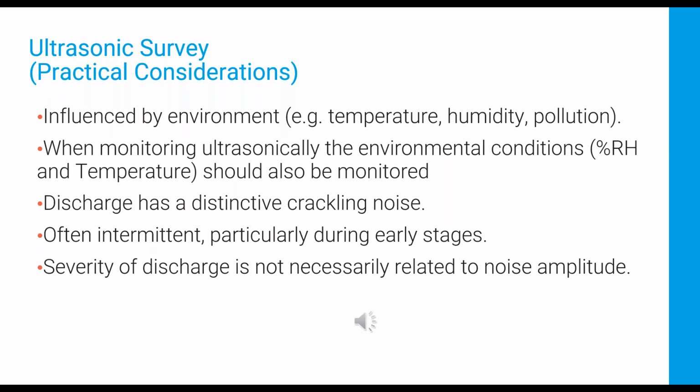If you're testing once a year, you want to test in the summer on a high humidity day. If you're testing twice a year, maybe you want to do spring and fall. That way they're comparable. Or if you're doing monthly, you certainly want to have an instrument that's going to record the humidity and temperature so you can compare